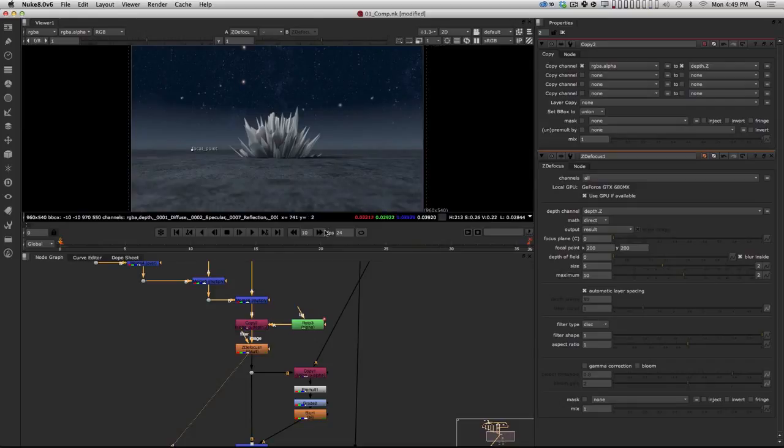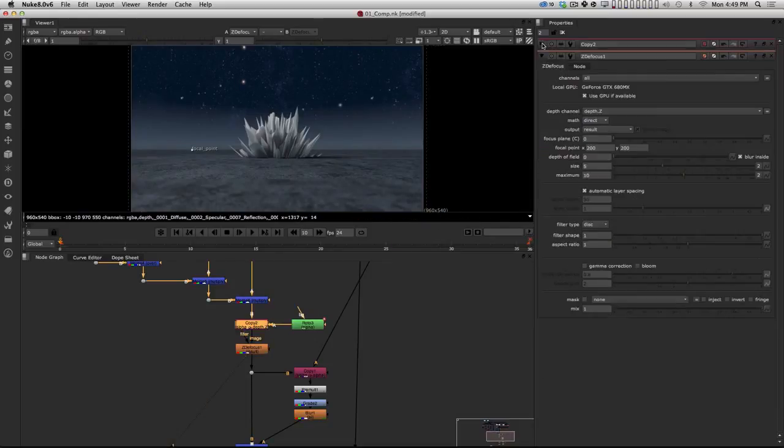I don't want to make this about the Z defocus node, I don't want to get too far into that. But basically, this is just going to let me use my black and white image here as a depth pass and not have to worry about focus or anything like that. And this maximum amount here is controlling how much blur. Now you can see I've got a very hard edge. So what I need to do